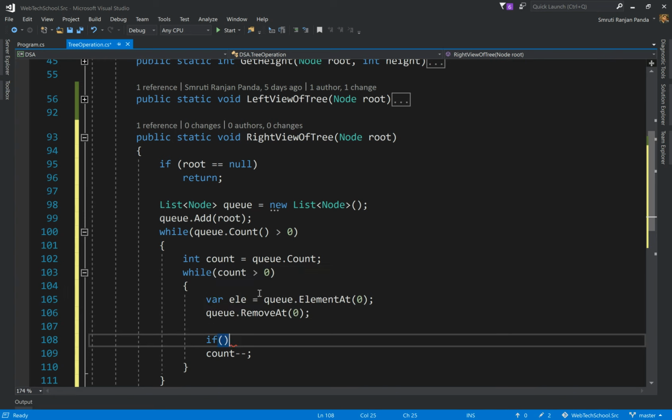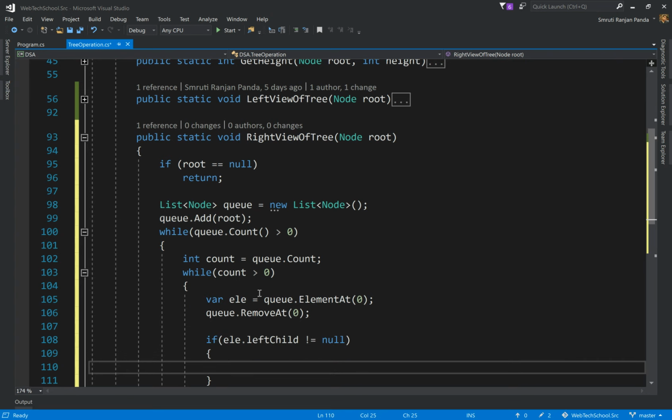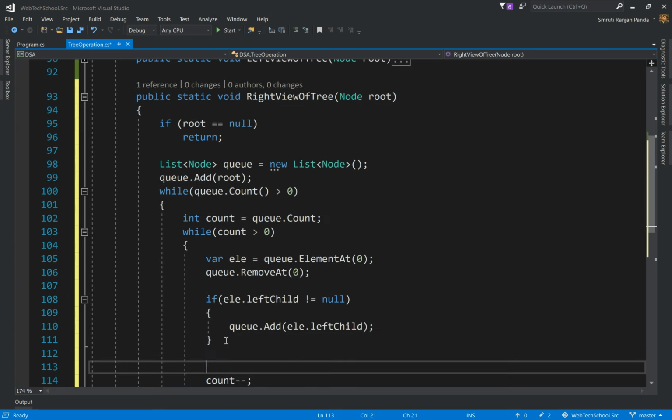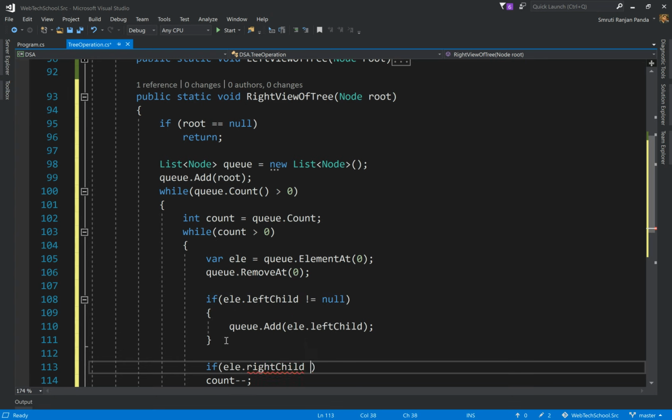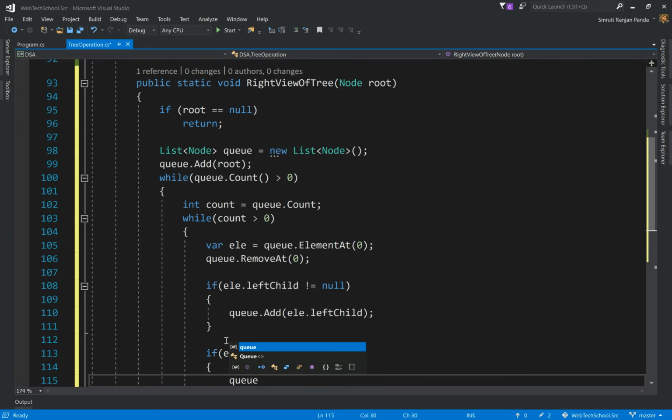We'll check if element.leftChild is not equal to null, then we are going to add it: queue.Add(element.leftChild). Similarly, if element.rightChild is not equal to null, we also want to add queue.Add(element.rightChild).